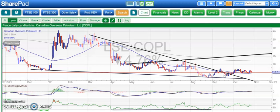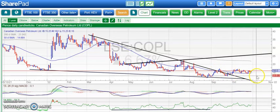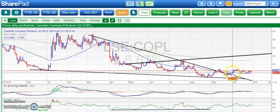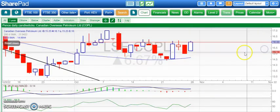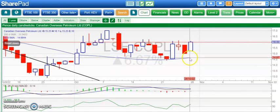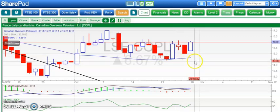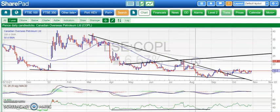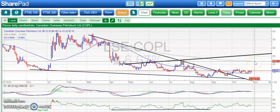Speaking of extended declines, we're looking at Canadian Overseas, which is actually having quite a nice little dance on the 50-day moving average. It's been doing that all month, which can be regarded as healthy, especially when the 50-day line is now rising. So we've had a few days of that as well. Basically, this week we've seen that starting to rise. That's normally the forerunner of a move to the upside, maybe towards the 200-day moving average at 21 pence,